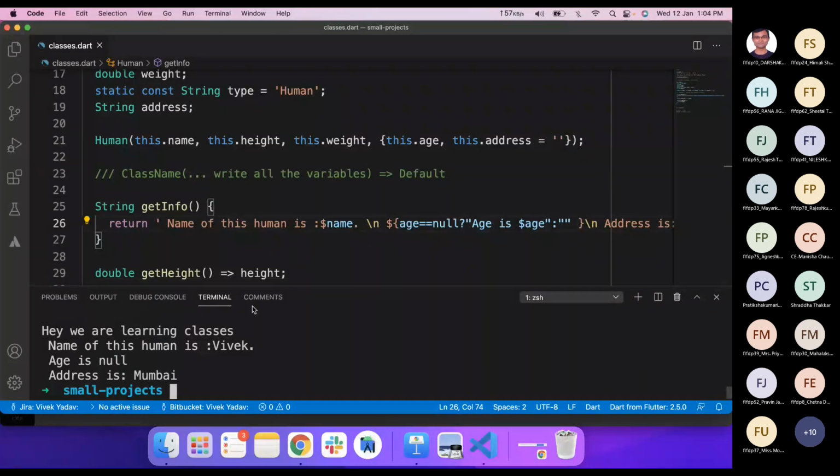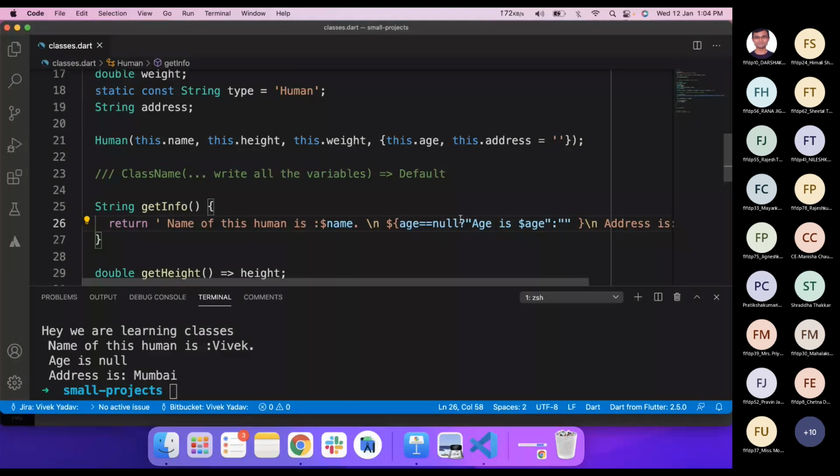So you can see what I have done. I have opened a statement by dollar and curly braces, and inside the curly braces I'm writing the whole statement. The statement is age equals null and then a ternary operator. I'll show you what a ternary operator is as well. A ternary operator behaves like if else.